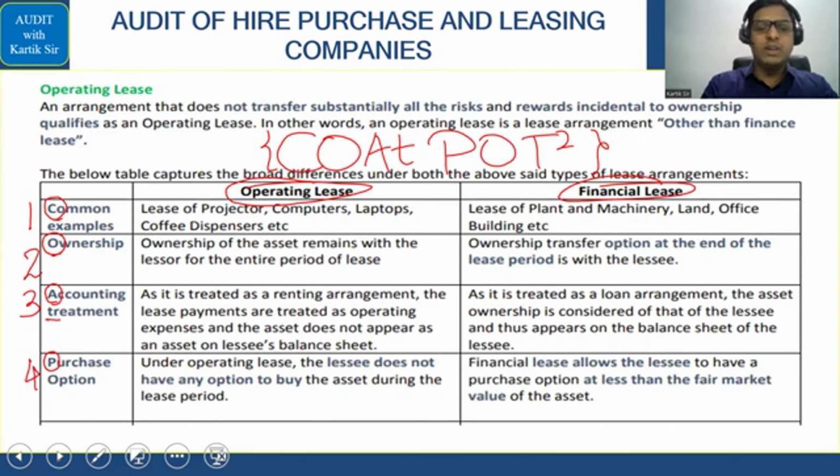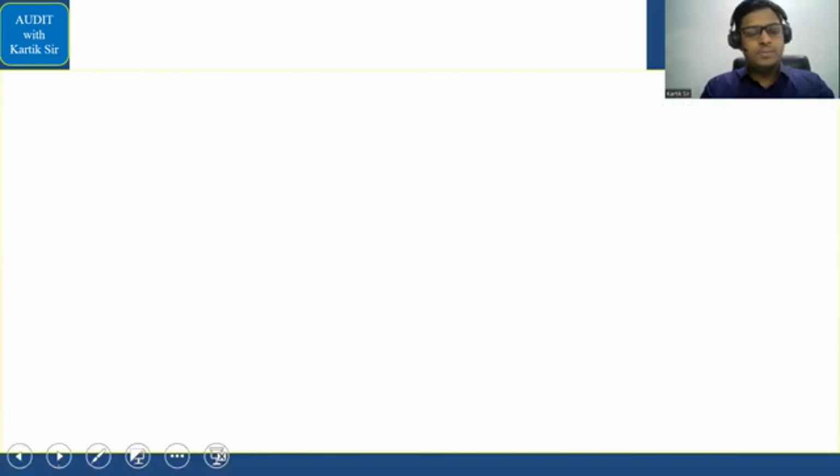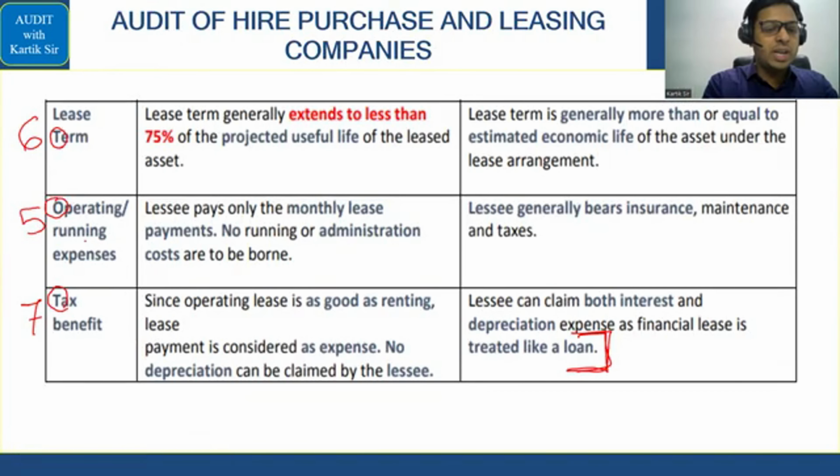now let's go ahead with the next part, that is in relation to the difference between finance lease and operating lease. तो देखते हैं अभी finance lease operating lease में क्या क्या लिखा हुआ है यहाँ पे। First they have said operating lease and here they are given finance lease। एक सिंपल कोड मैंने दिया था यहाँ पे called code pot। ओके, कोड पॉट खाली चेक करना है। कोड से पहले आएगा यहाँ पे कॉमन एग्जांपल्स, ओ से आ जाएगा ओनरशिप, ए से ए टी से आ जाएगा अकाउंटिंग ट्रीटमेंट, एंड बाद में पॉट से आ जाएगा यहाँ पे परचेज ऑप्शन। देन यू विल हैव ओ से ऑपरेटिंग और रनिंग एक्सपेंसेस, एंड फाइनली टी से 2 पॉइंट आएंगे, टर्म ऑफ द लीज एंड टैक्स बेनिफिट, ठीक है.